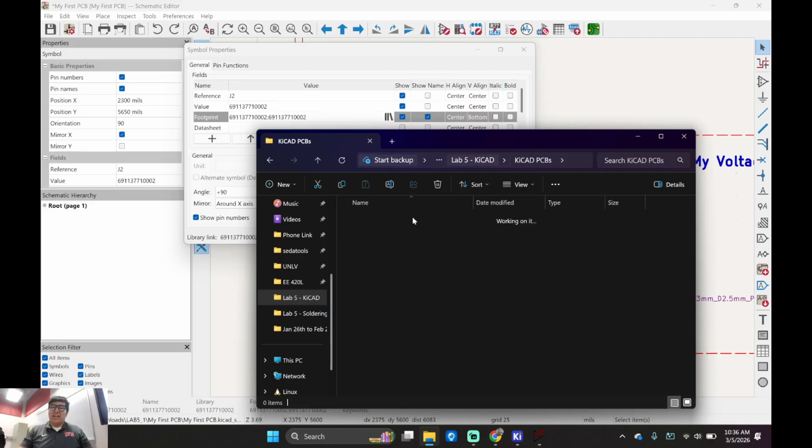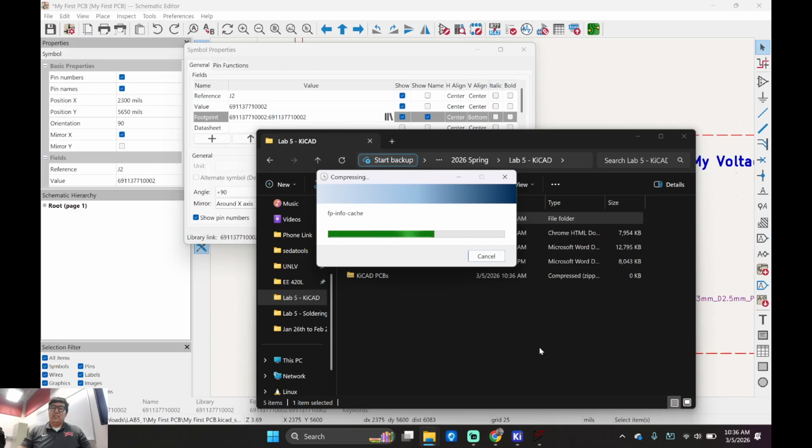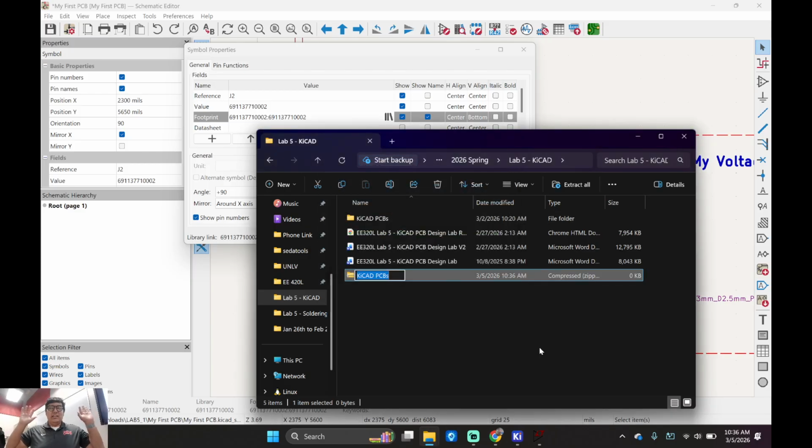So that when I go back here and zip this all up, compress to zip file, let it do its thing, I can email myself, because these computers will wipe. I already had one student say, I didn't know it wipes. Anyways, make sure to back up your work in one big folder.